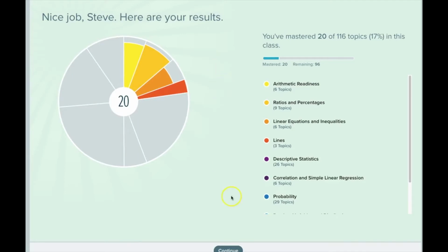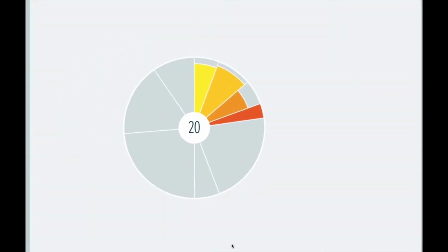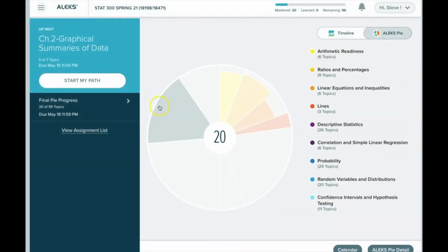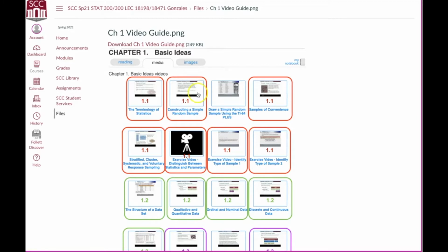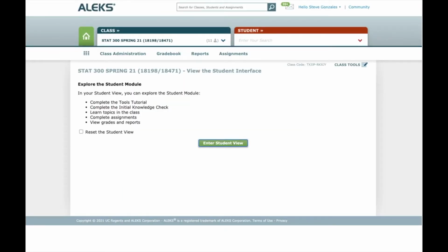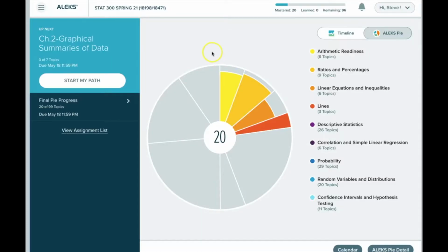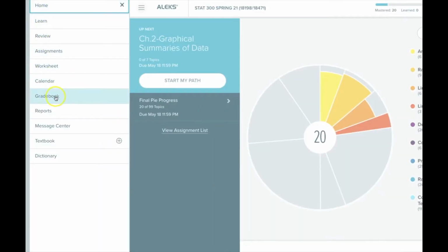Let me continue. Now this is what I'm trying to say: remember back here we had our video guide that I made for you. So when you're first trying to learn a topic, you're going to look at these to see which videos are 1.1. And then you're going to go into ALEKS. Whoops, not that one. You're going to go into ALEKS. And you're going to go over here to this menu. And you're going to click on